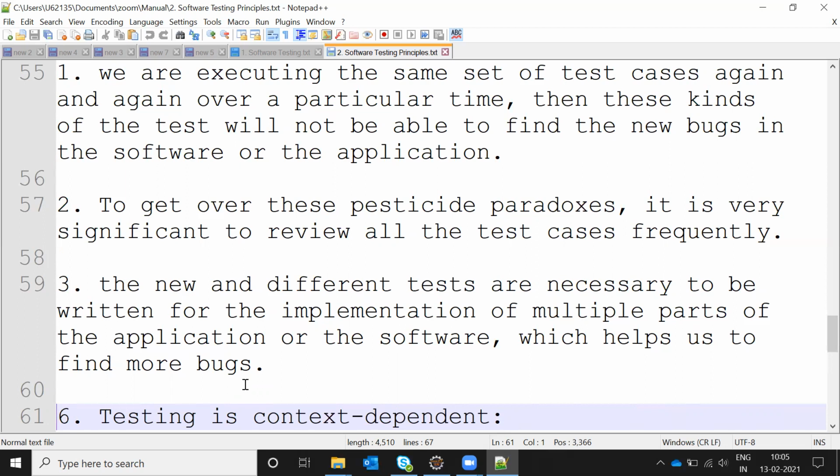For example, if you are testing create user, and every time you do the create user test but you are not modifying the way of testing, then you will not find new defects. You have to test multiple parts and implement new, different test cases, and at that time we will find new defects. If you are not finding any even then, it is defect free.